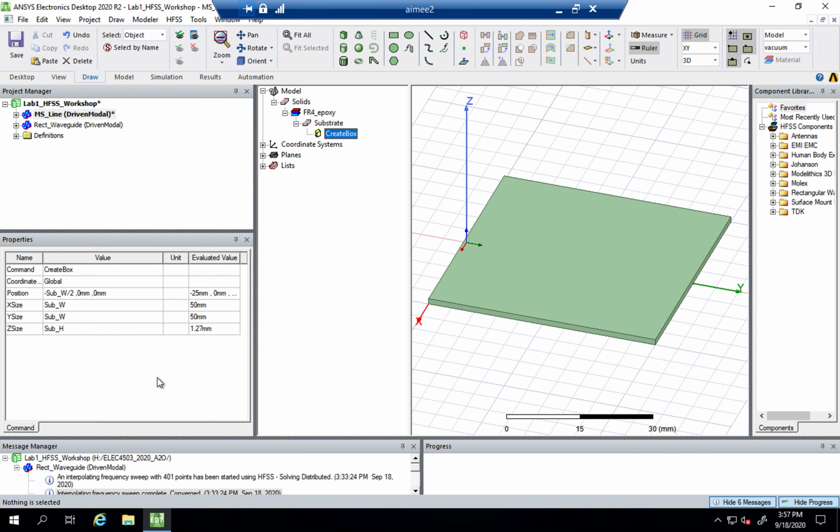Okay, so one down. We've designed the substrate. We've chosen the right material. The next step is to design the microstrip line, or create the microstrip line on top of the substrate. So over here you have two options. You can either create a rectangular box with a certain height, or you can create a 2D rectangle for the